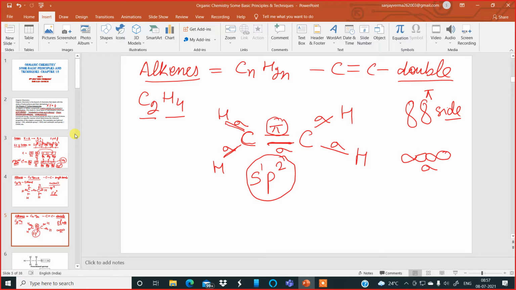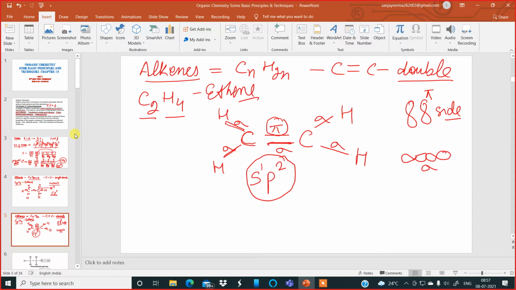In the case of alkene, the alkene we are taking into consideration over here is ethene. It is called ethene. Okay. So, I hope this is clear to all of you. I hope, boys, this is clear to all of you.